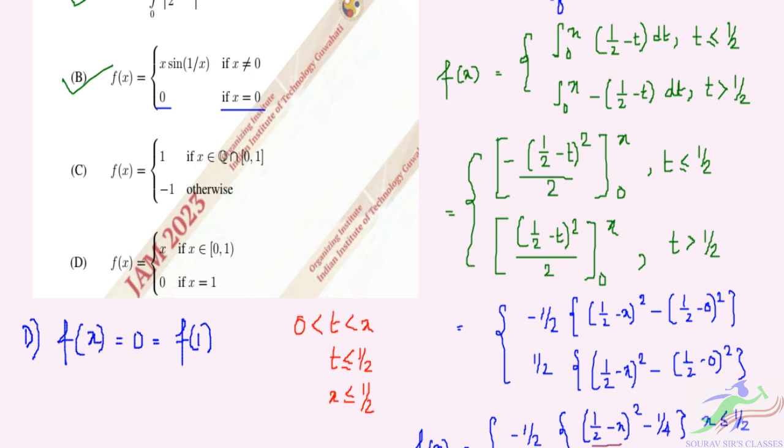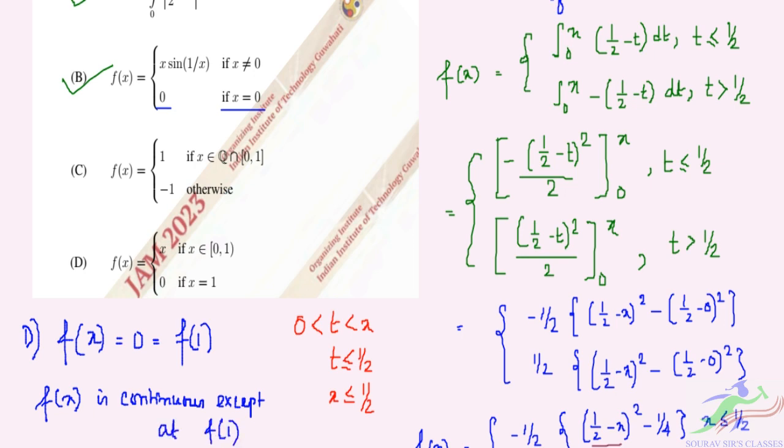So that is a continuous value. And at x equal to 1, this value is going to 0. So we can say that f(x) is continuous for the whole range except at